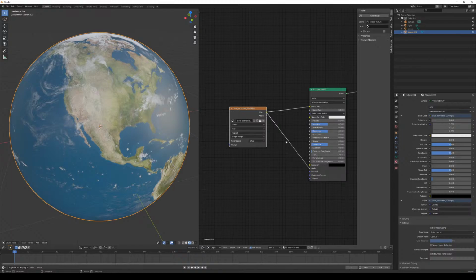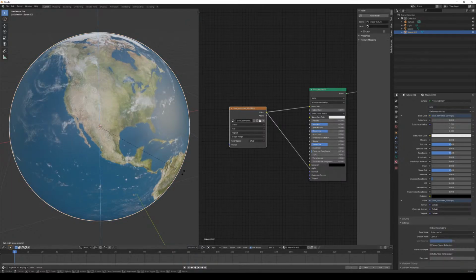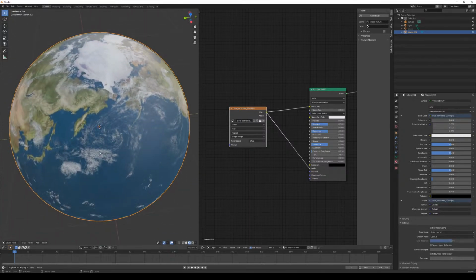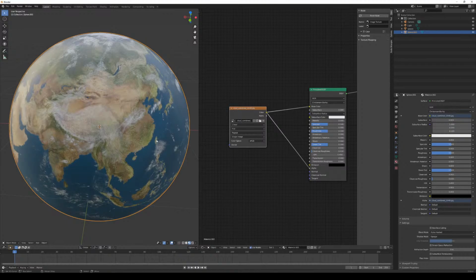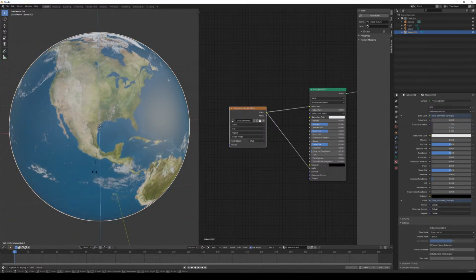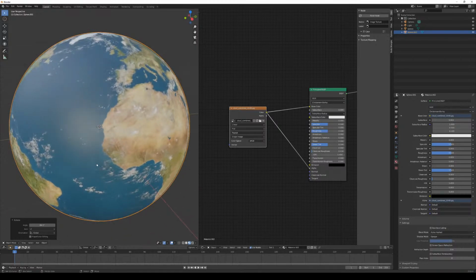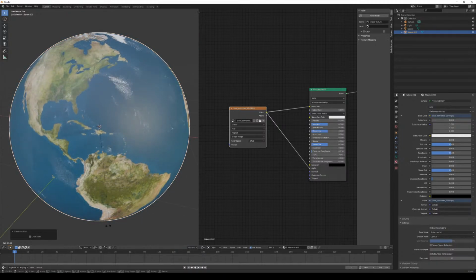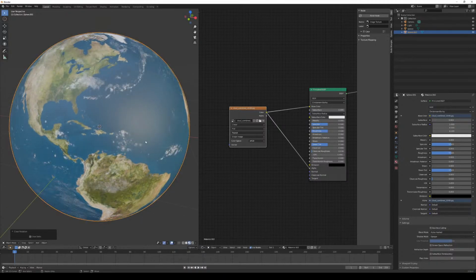Okay. So here's one of the things though. Let's say you want to rotate these clouds or have them change or anything. Well, if they rotate, one of the things you'll notice is that these actually are kind of designed in a certain way so that they sort of make sense geographically, which is great, but then if they rotate someplace else, they make less sense. Not a whole lot. But the other big thing that you'll notice is that when you rotate them, the clouds themselves don't change at all. So let's say you set it up so that over the course of, say, 250 frames here, we're going to rotate,